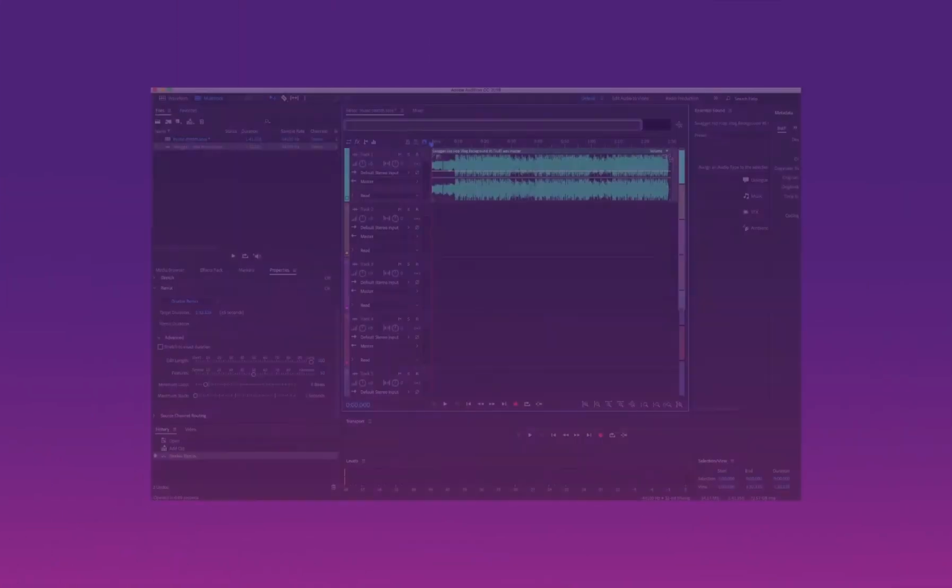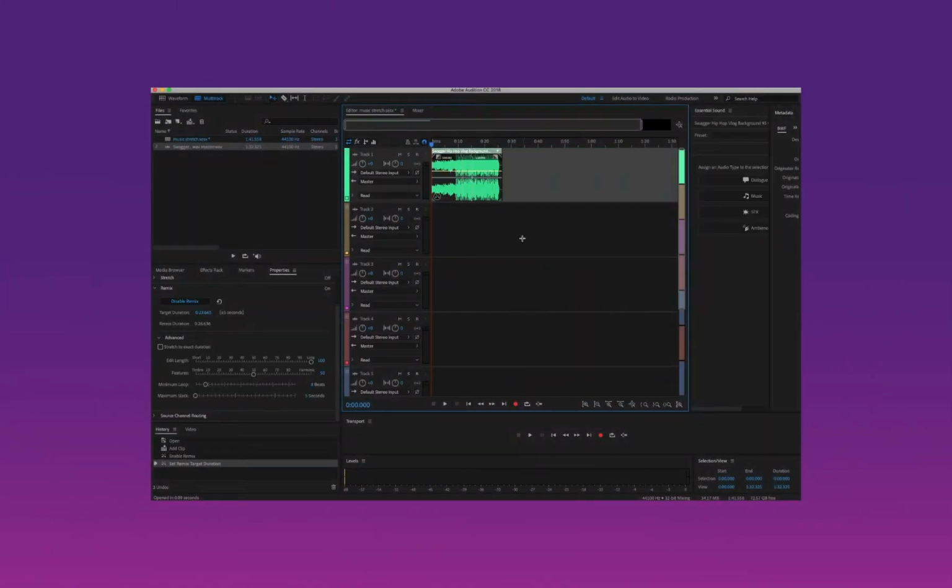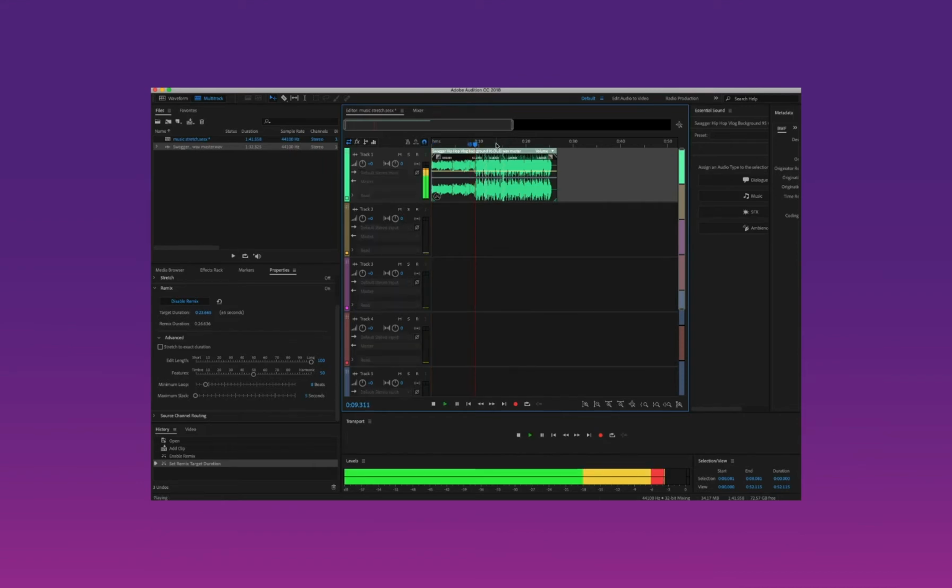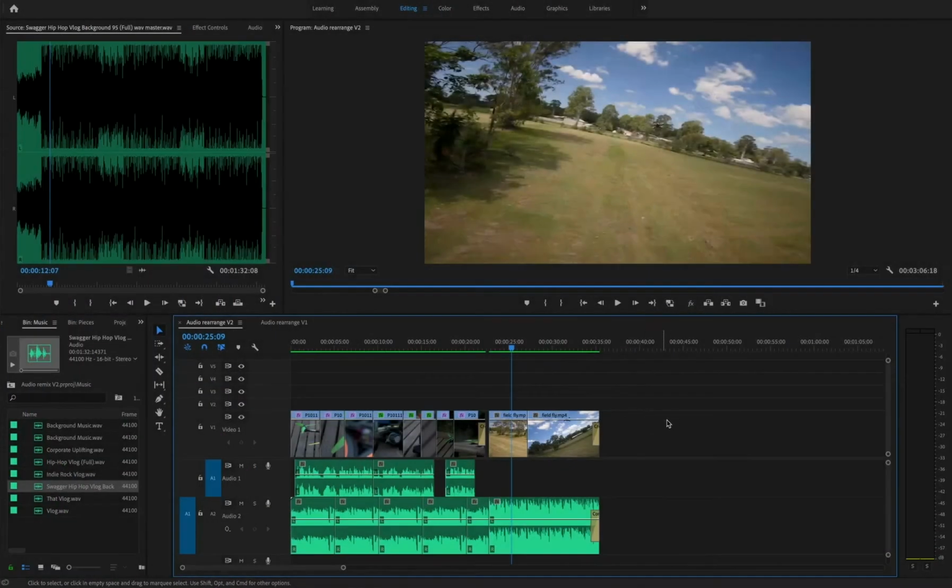Before beginning this tutorial, if you're looking for a less detailed but quicker method, then check out our other audio remixing tutorial. In this tutorial, I'm going to show you how you can take a backing track that you've downloaded